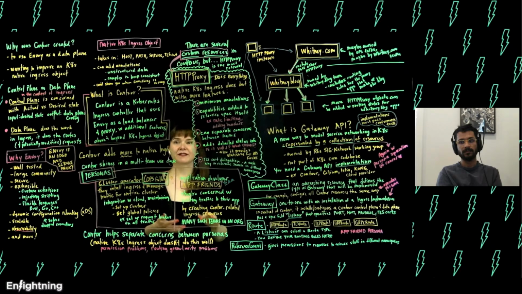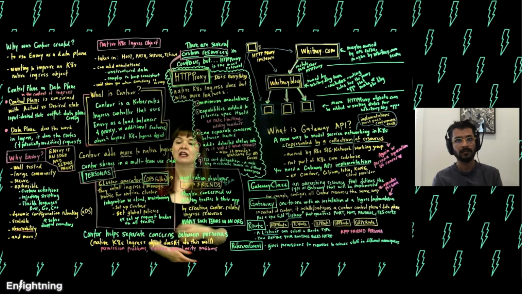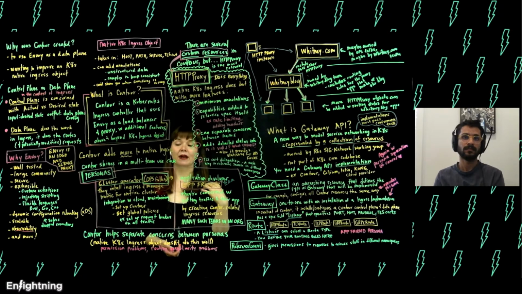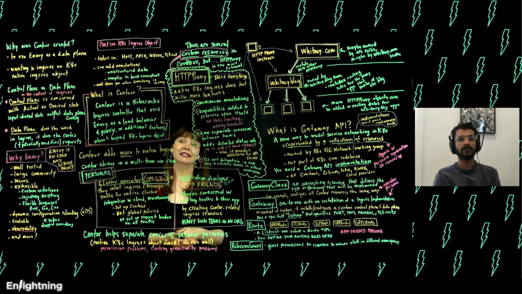So we defined a couple of personas. One is the operations person, ops folks. They install Ingress cluster-wide. They manage traffic for the whole cluster. They're interested in integrating with what's running in the cloud provider. They need to maintain the Ingress implementation. So in the Contour specific way, they're going to set up Contour. They might set global policies.